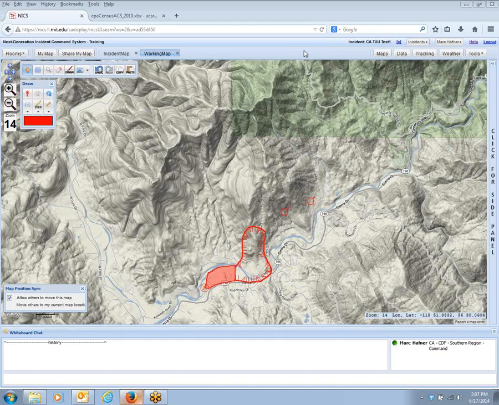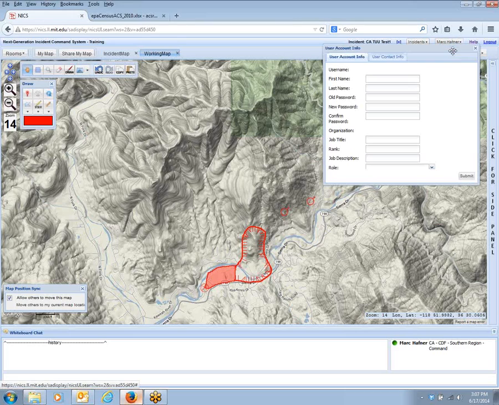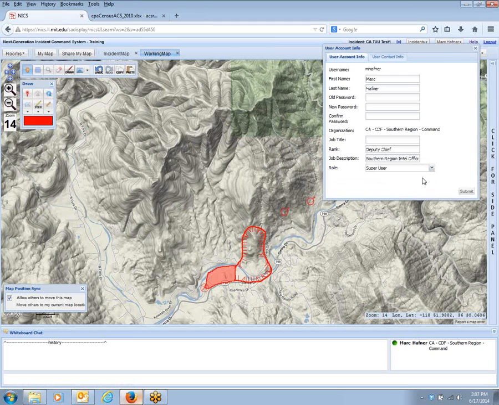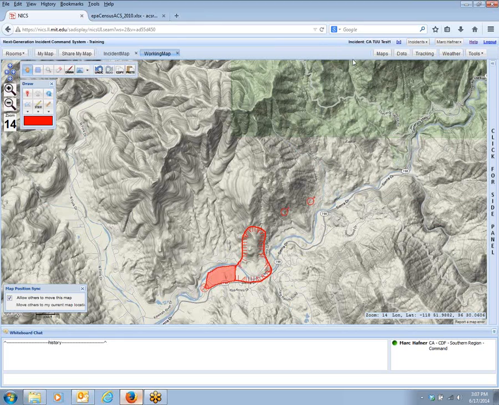I'm going to show you how to import a file in Nix. It's important to remember that if your user roles are not sufficient for importing, you won't be able to. You need to be at least a GIS level user or an administrator, and you should be able to import files. The way you would find out if your roles are appropriate is go to